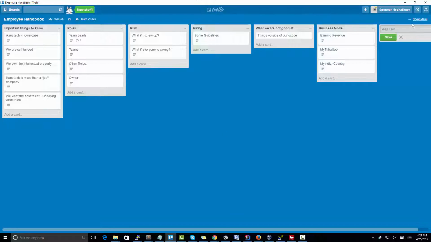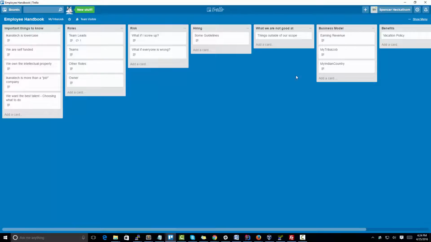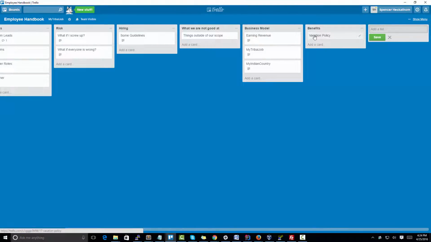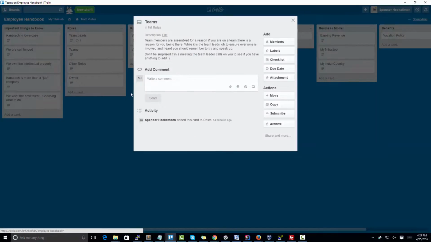And then when a new employee comes on, it would be really easy to just direct them to this board at any time, because you can also add in things they'll just need to know throughout their employment. So you could say benefits, and then have vacation policy, and then fill that out with the relevant information. So anytime they say, oh, what's the vacation policy, they can jump in here and look at it. And then of course, like everything else, they can come look at, okay, what's my role? We're going to start a new team. What do I need to know about teams, or